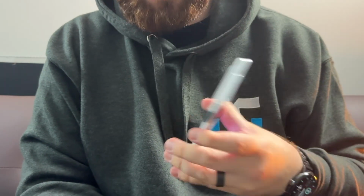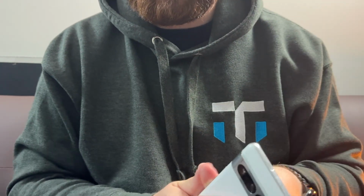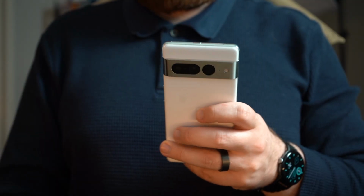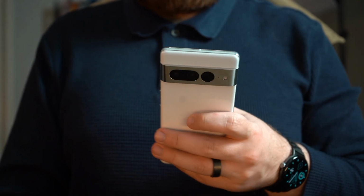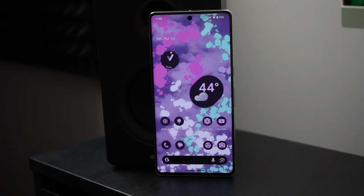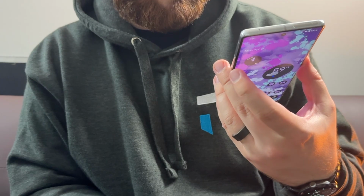Now, when you shake it, you hear a little rattle, but I've noticed this with other phones too, and I think it's with the camera module, so I'm not too focused on that. But this design is really great, and I really like this white color as well. It doesn't really attract too many fingerprints either. If you go with a different color, those may, but at least not this one. It's a glossy finish, which again, not my preference,